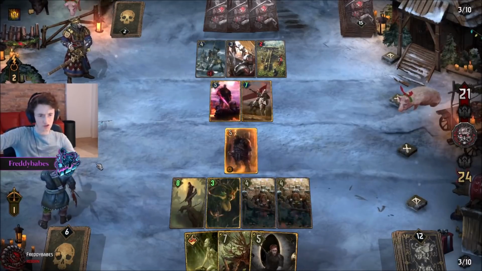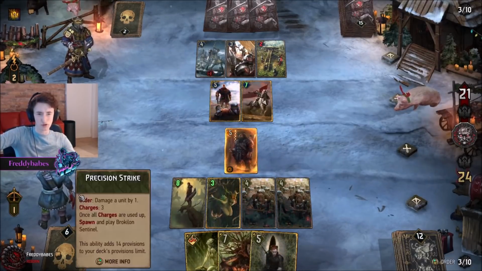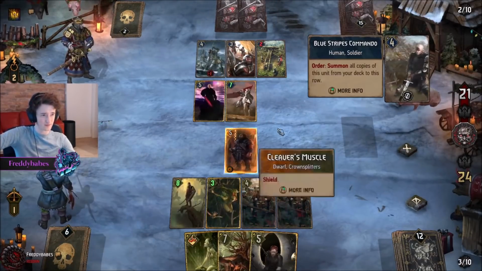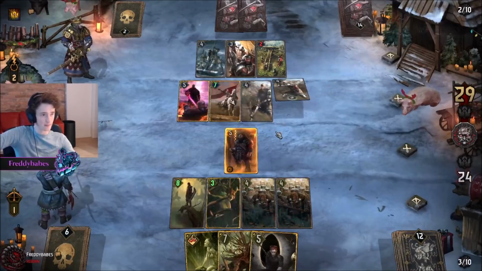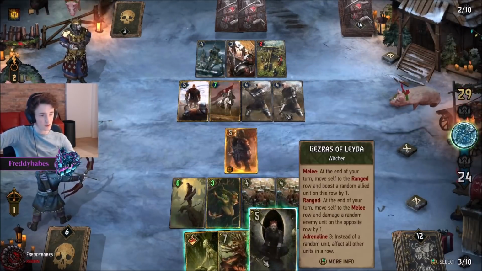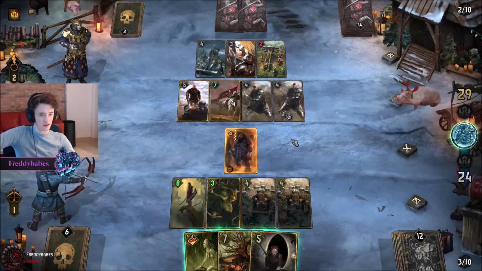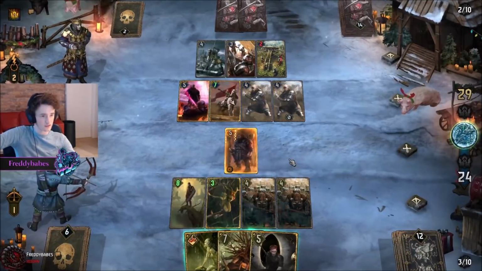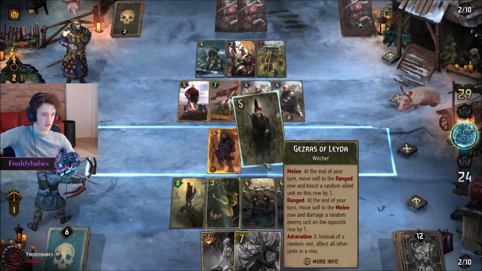Just the power of Precision Strike as well, like that little 2 removal, kind of doesn't cost us too much to use that. He has actually commandos, okay. Death to the enemy! So now we know. So in some way we would like to hold on to the Gezraz, because it's going to be really good later when he row stacks, presumably. But, you know, at the same time,